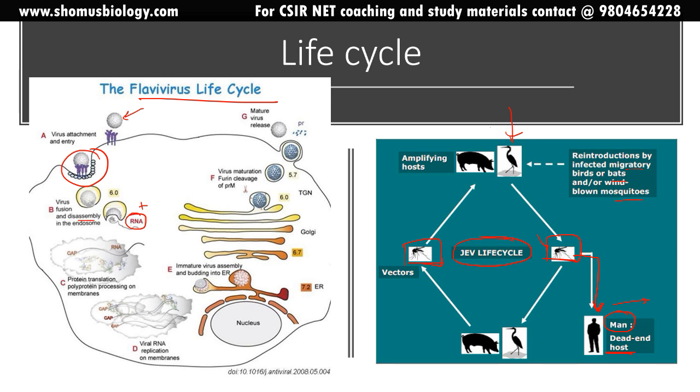the endosome. And once the RNA is out, this RNA is used to make proteins. Okay, the protein translation will be done utilizing this RNA. They will make proteins, and they will do polyprotein processing in the membranes. And also the viral RNA starts replicating into more and more copies so that they can package their own genetic material. This is the viral RNA making copies of itself. So replication of the RNA and also translation of the RNA to make necessary proteins.